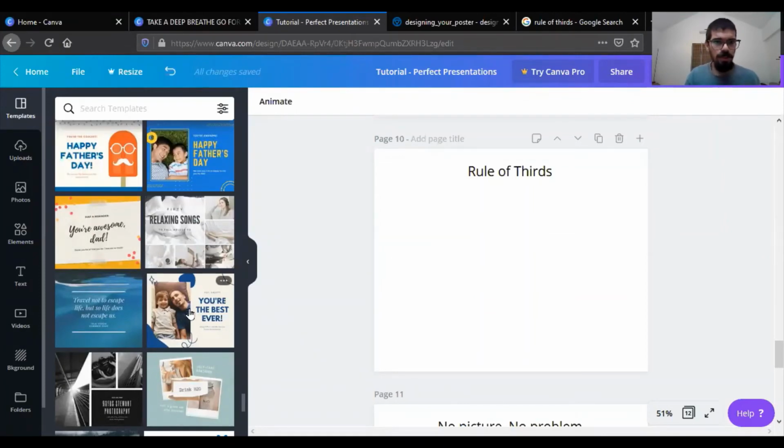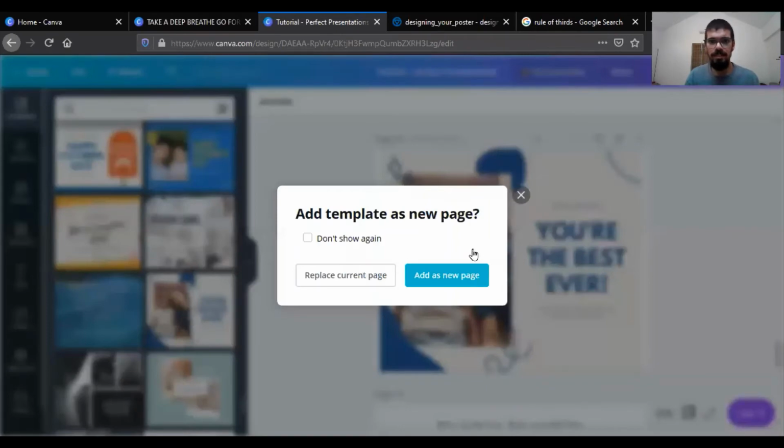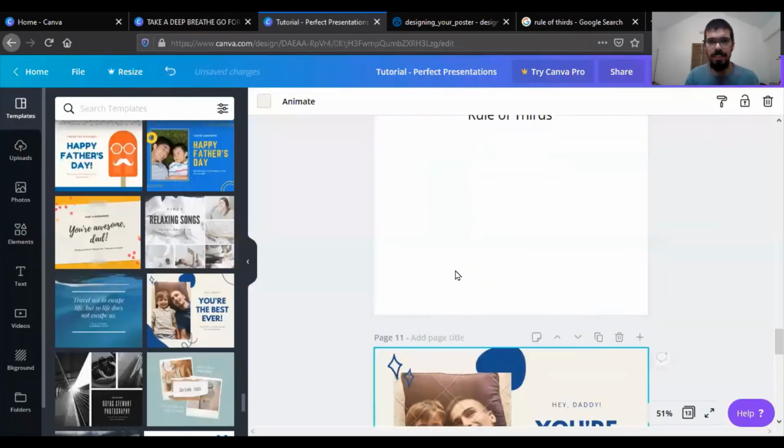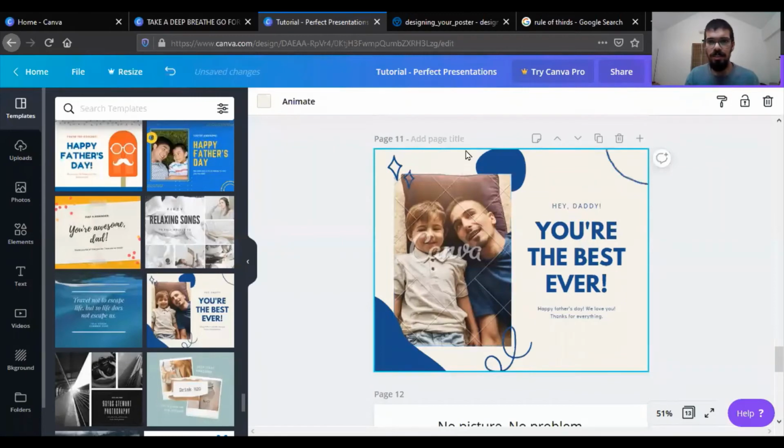Say, for example, we take this template that exists over here. If I were to divide this poster using 4 lines, what you would see is that this point over here would actually be one of the points. So at this point over here, they have put the image of the dad and probably his son. Similarly over here, they've started "You're the best ever." Similarly over here, all the major information of this text or the focus points are actually at the 4 intersection